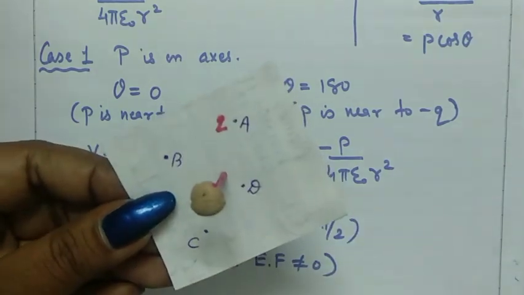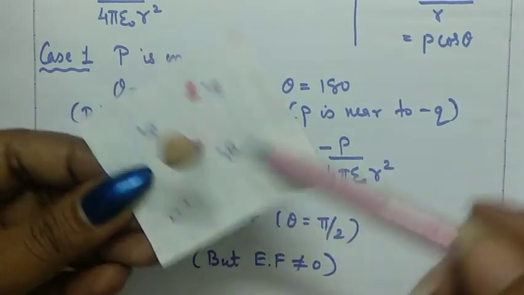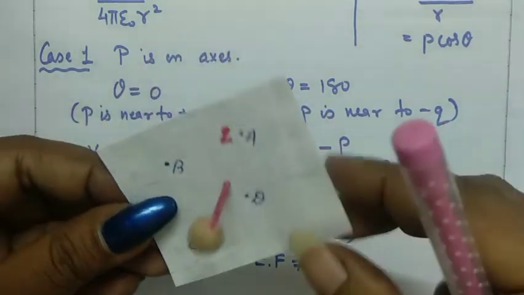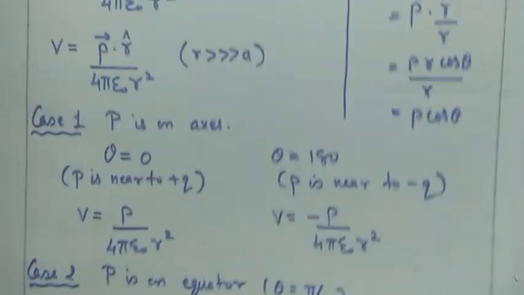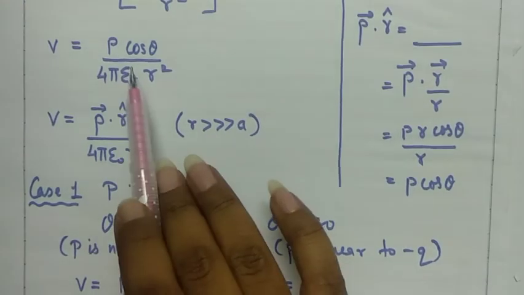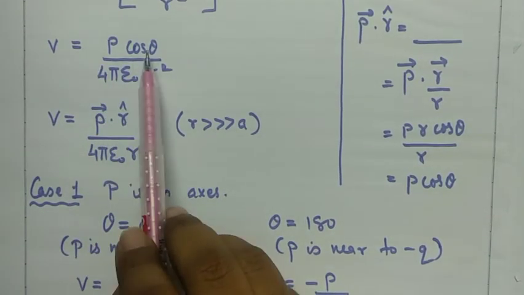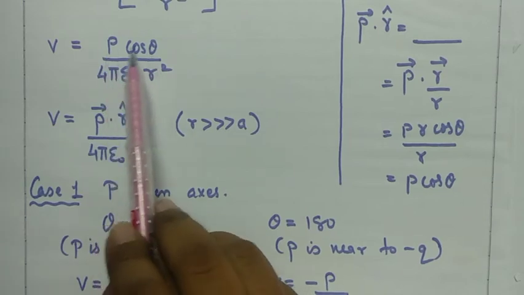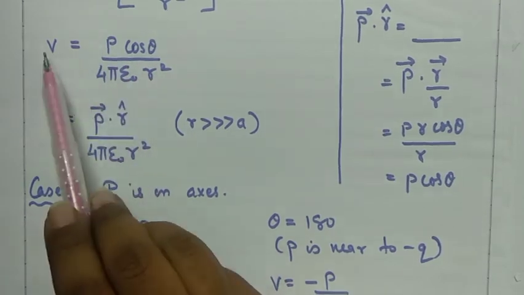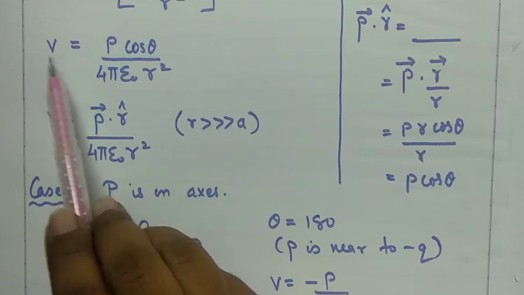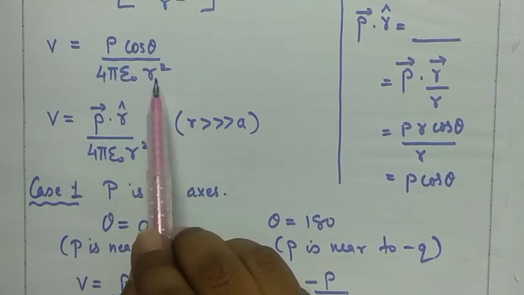मुझे कोई मेहनत नहीं करनी पड़ेगी ये चार्ज पार्टिकल को यहाँ कहीं पे भी इस इक्वेटोरियल प्लेन पे घुमाने के लिए. So that was one thing. Now just see this equation. Here if this theta is kept constant, then rest all quantities are constant. So what I can say is that the potential decreases as 1 upon r square.